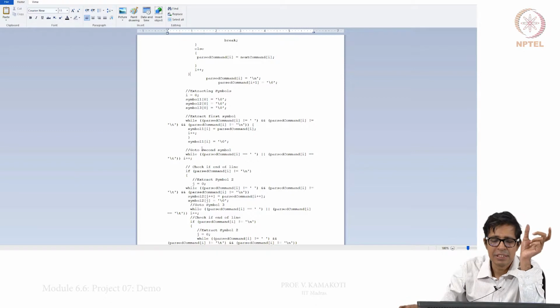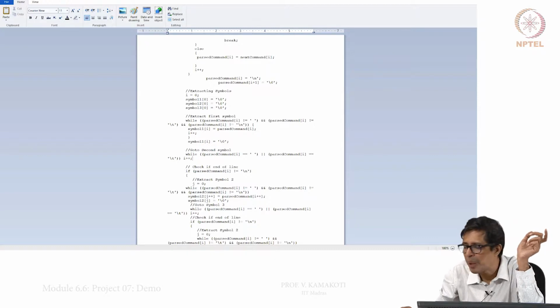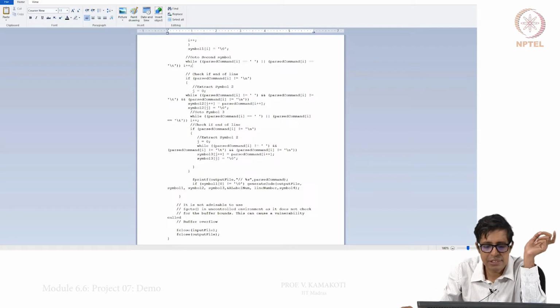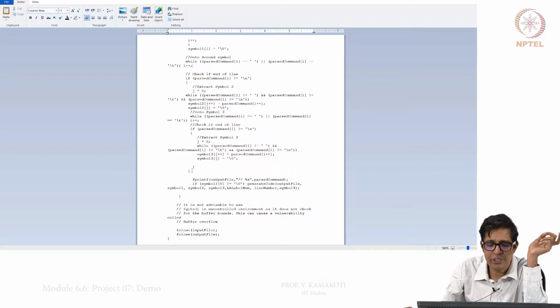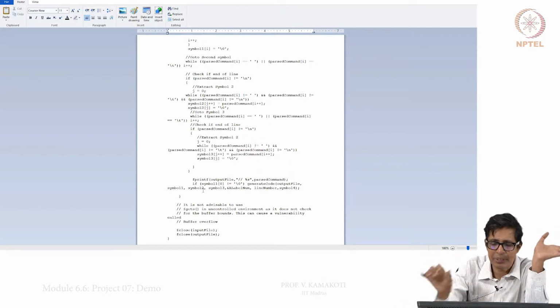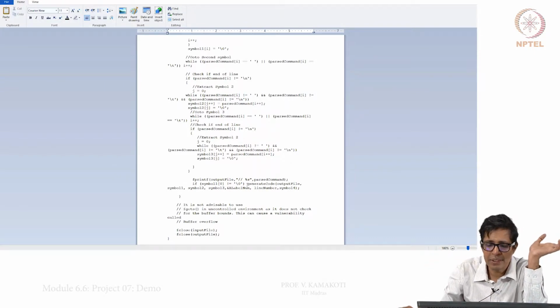So this will extract the first symbol, then from that point I extract the second symbol, and from that point I also extract the third symbol. At the end of this I have extracted three symbols, and if there is a symbol at all, then I generate code for that particular one.